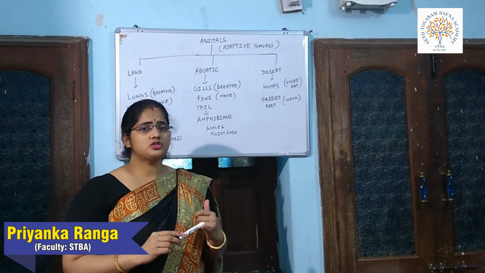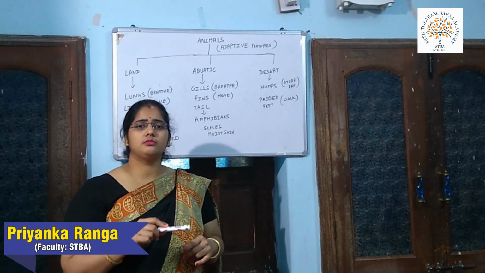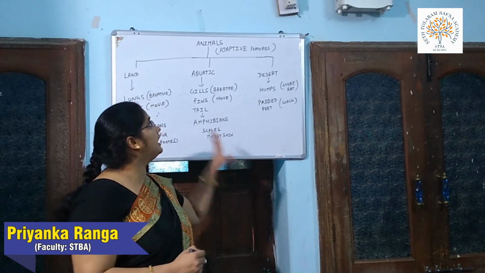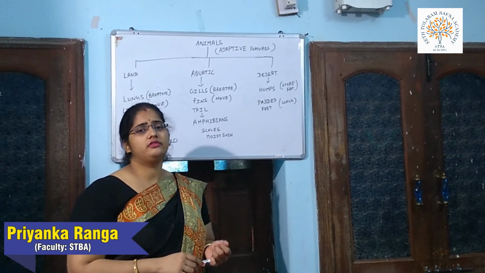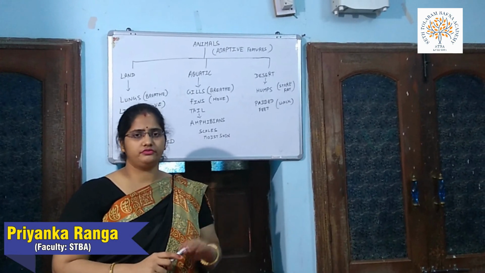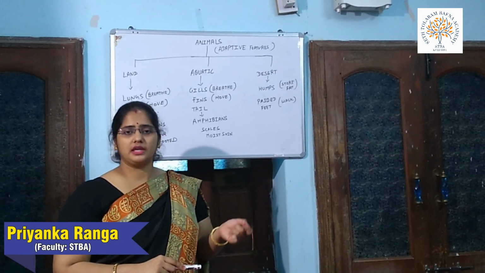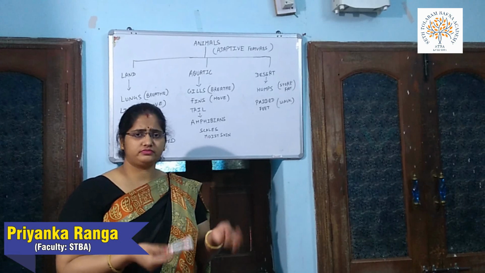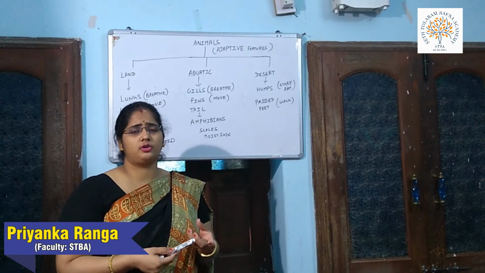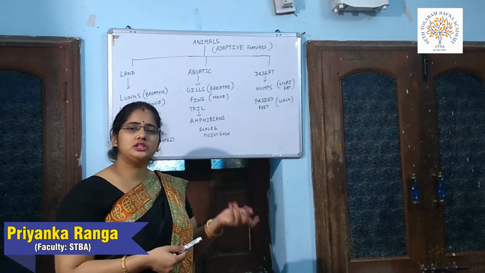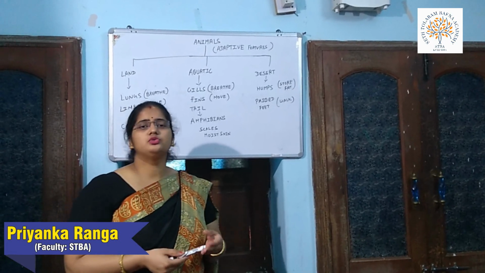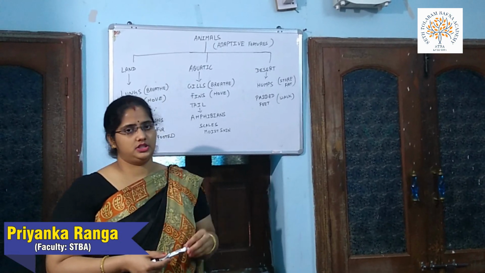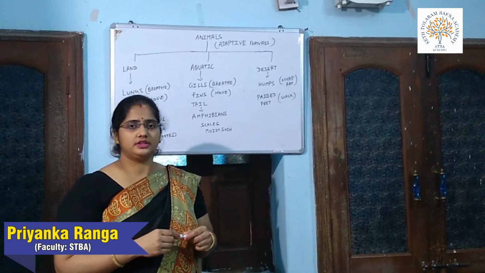Now, as you all know, first of all, we have learned about the plants or animals in different regions and their different adaptive features. Today we will first talk about the animals. Students, animals have four common features. That is a defensive mechanism to protect themselves. Second is their special body parts, so that they can use their parts to protect themselves from enemies, or their special teeth or claws or horns. They can use them for hunting or their food habits. Last one is camouflage. So these are the adaptive features in animals.